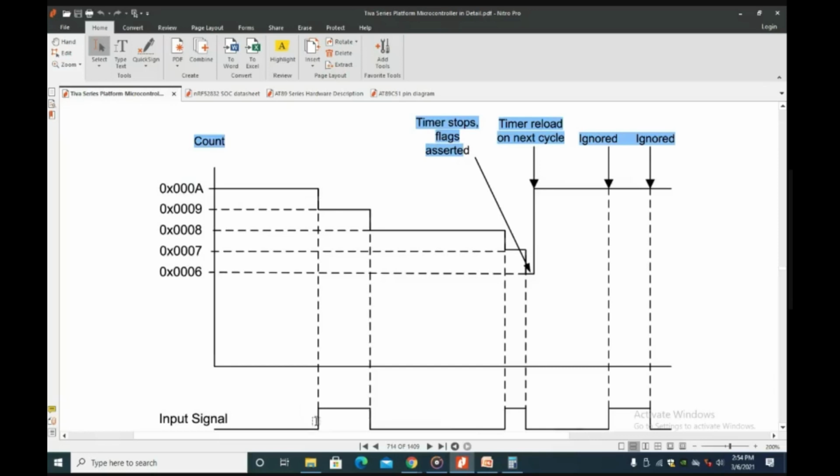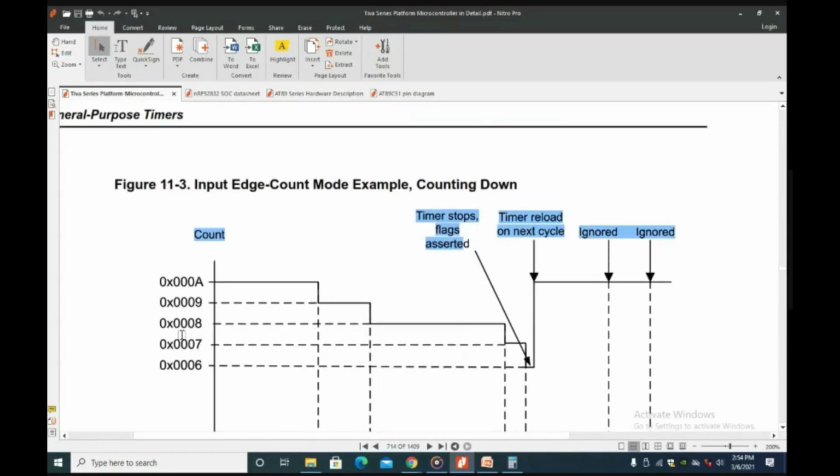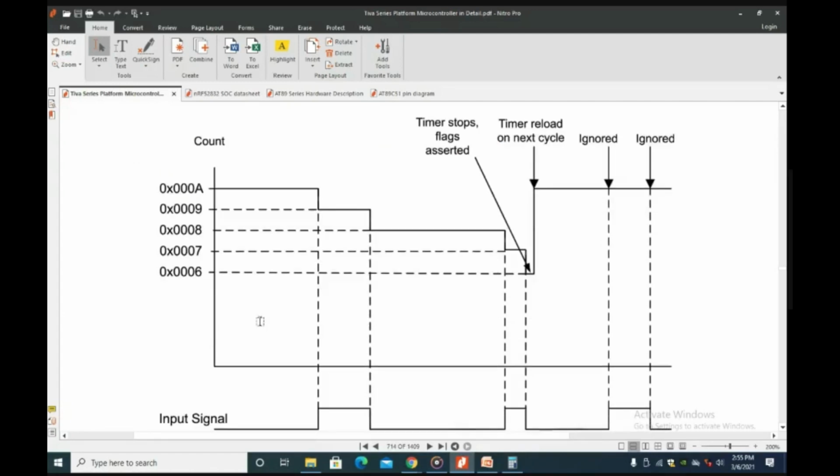So counting the rising edges, how many rising edges are coming, how many falling edges are coming, how many both edges are coming. For measuring that, we have an input edge count mode. It's very interesting. Edge count mode means it is a mode configured for counting the number of edges, that you can understand. So that many facilities are there that you need to appreciate, that you need to celebrate.